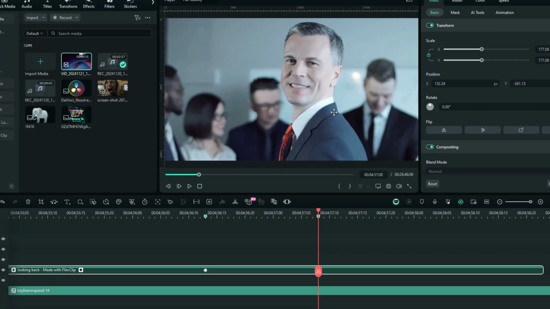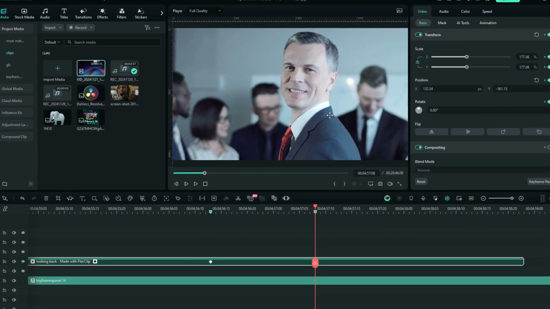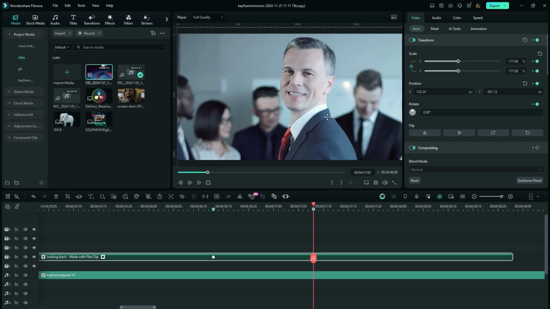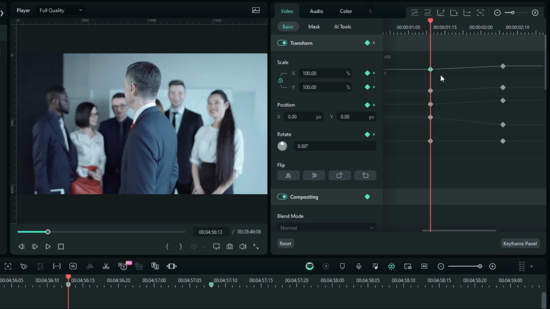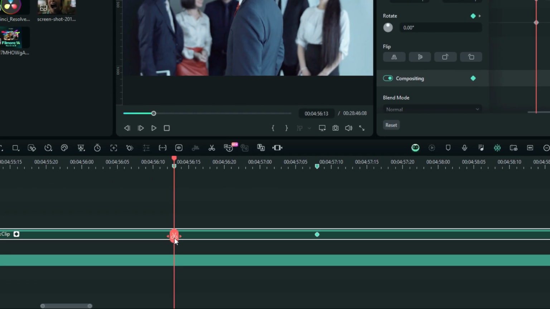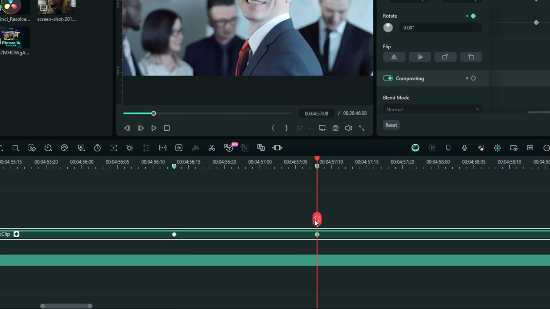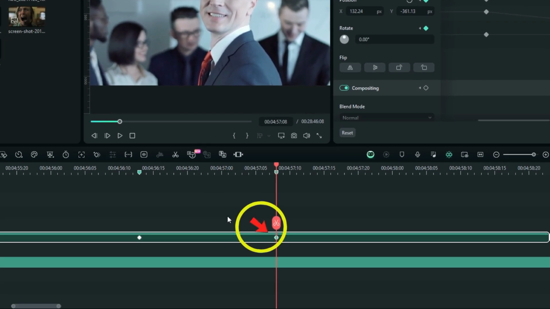And right now, my dear friends, for the sake of clarity, before we get to Filmora 14's keyframing panel, let's start with Filmora 13's keyframing panel. So in Filmora 13 that I have right here, you are going to find the keyframing panel right here, and you are going to see these keyframes representing the first keyframe that we added at first, and then this last group of keyframes,